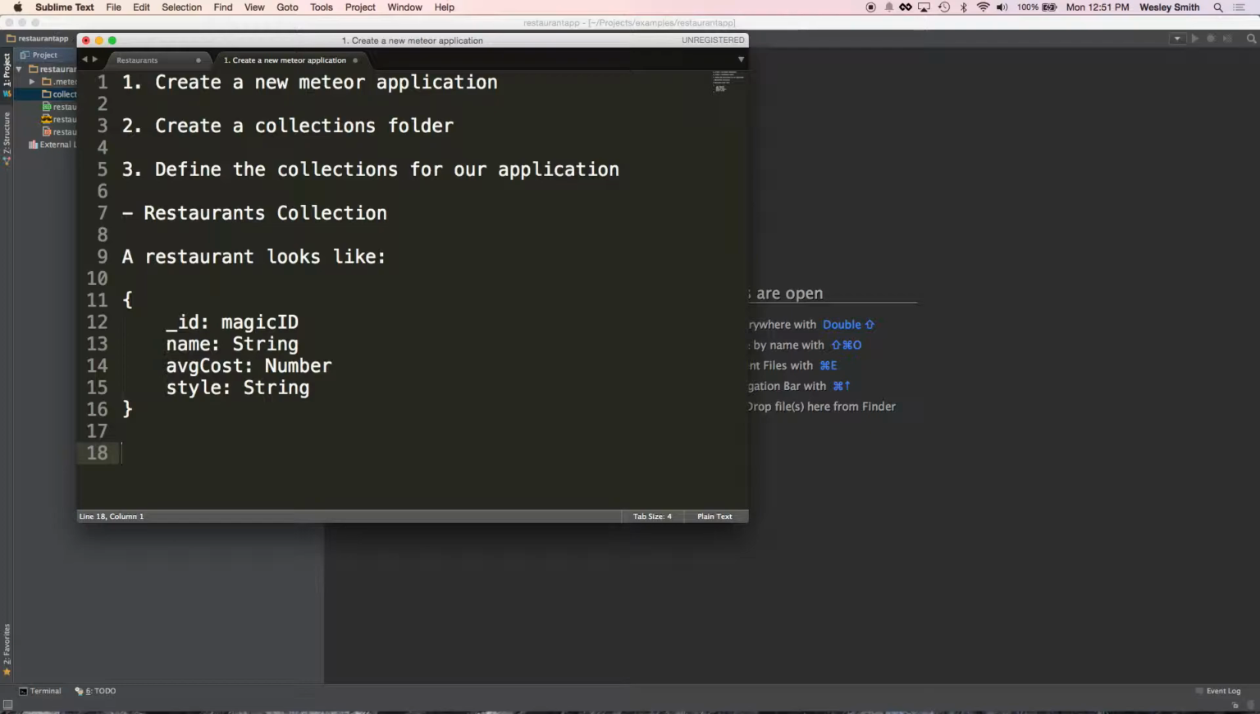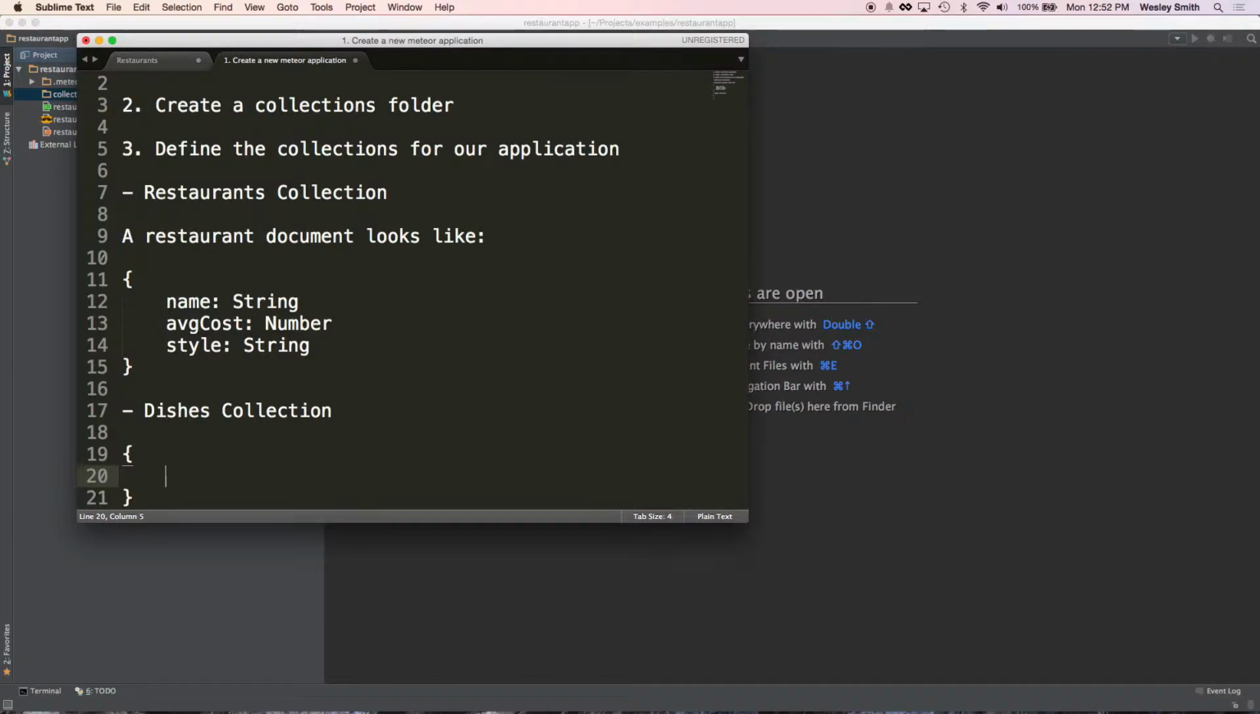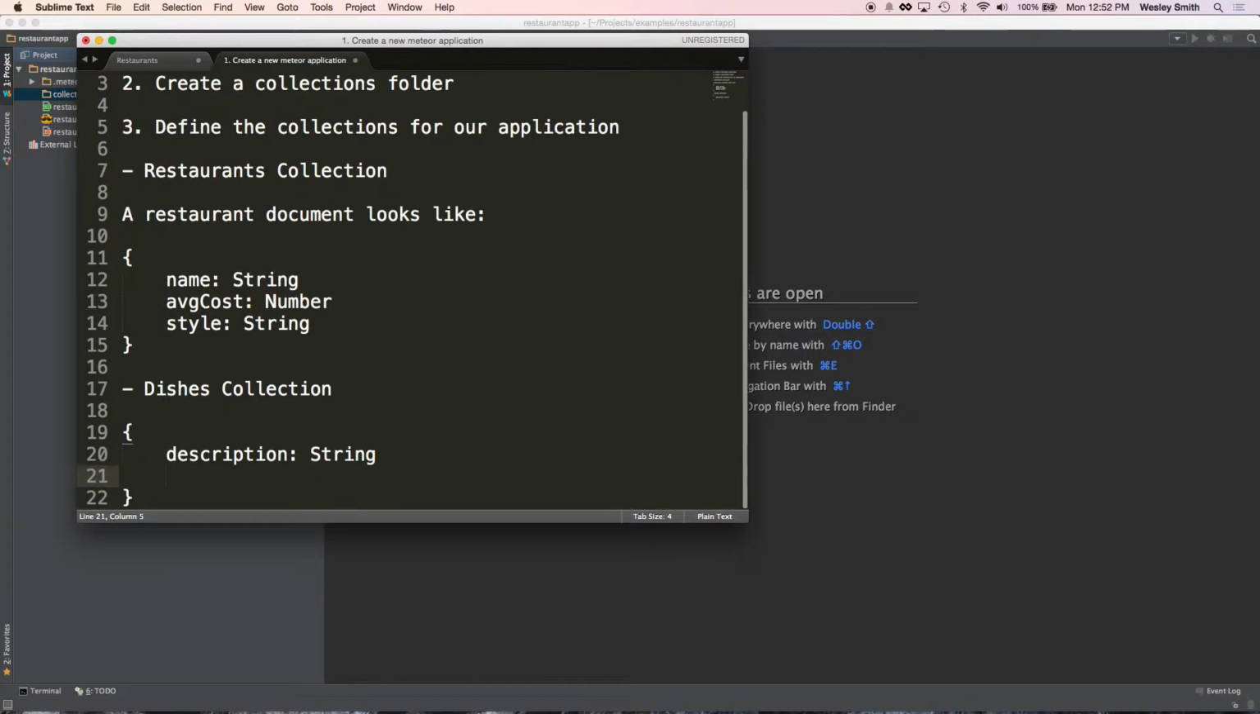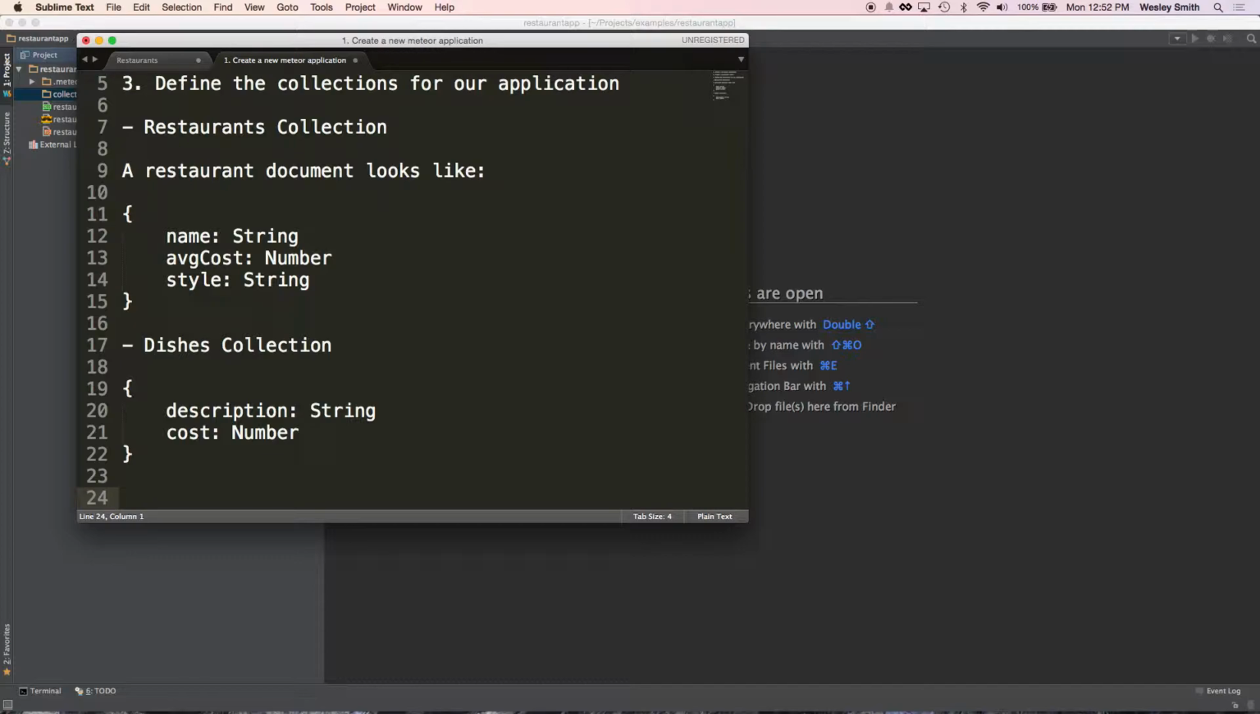The next thing we need to do is I need to say what a meal looks like. So a restaurant is going to have, let's say, actually call them dishes. So a restaurant has something called dishes. So there's a dishes collection. And here, instead of saying a restaurant looks like, we'll say restaurant document looks like. And I'm going to delete this _ID thing because you should just know that documents have that. So a dish has a description, which is a string, and it has a cost, which is a number. Then we need one more collection,